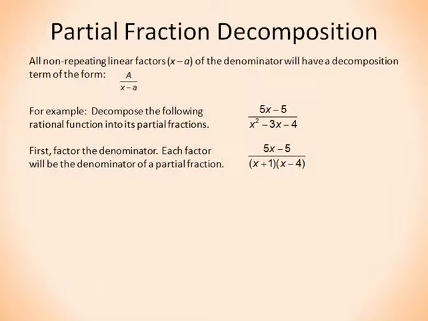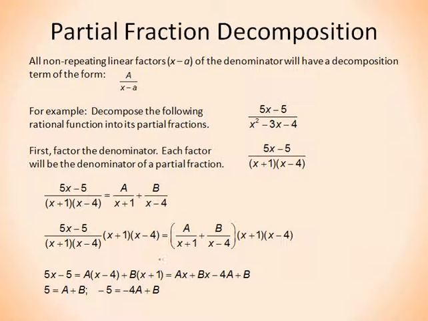So let me rewrite that this way. I have this original function is equal to something like this. I need to find out what a and b are. The first thing I'm going to do is multiply both sides of this equation by this entire denominator here, or in other words, by both of those factors. Okay? And that's what this is right here. This over here is going to serve to eliminate this denominator and give me